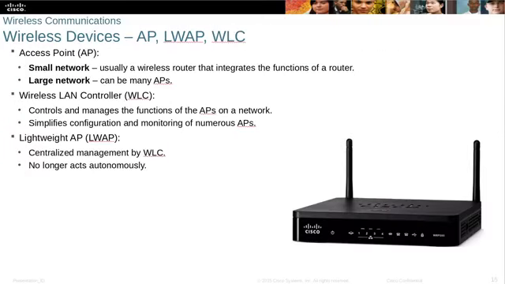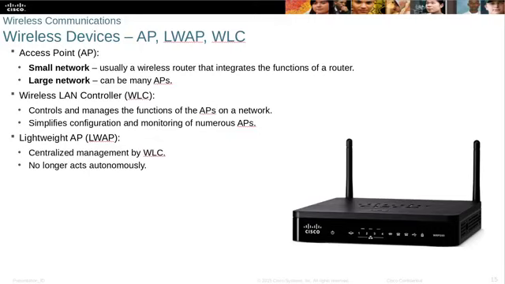Okay, wireless access point devices. We actually have the access point itself. So on a small network, this is usually a wireless router, so it integrates the function of a router with the wireless access point. On a large network, there can be many access points which allow us to basically roam from one access point